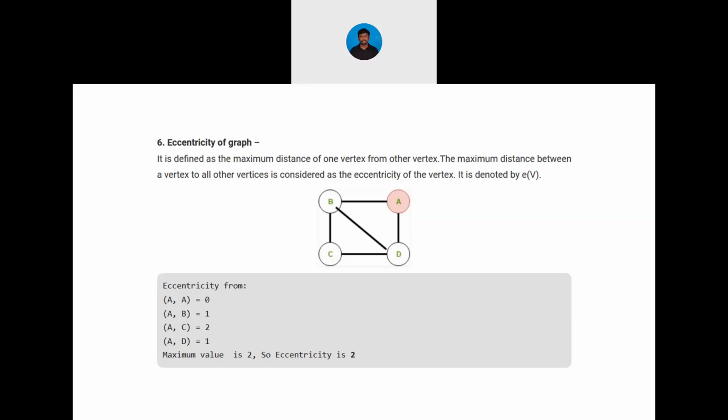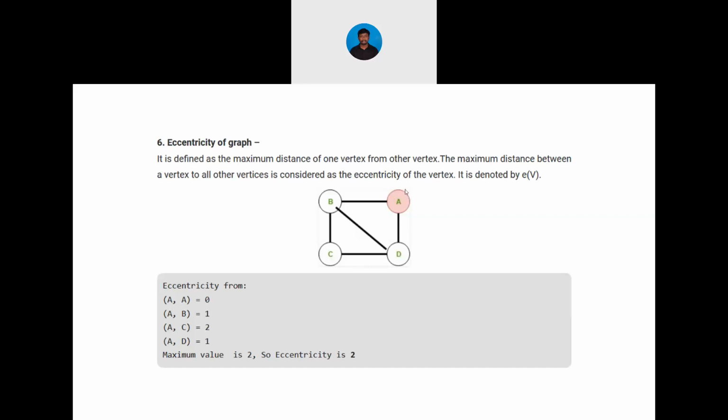So how to calculate the eccentricity of a graph? It is defined as the maximum distance of one vertex from another vertex. The maximum distance between a vertex to all other vertices is considered as the eccentricity of the vertex. It is denoted by E of B. So here, considering this A, B, C, D network or graph, we find the eccentricity. So the eccentricity from A, comma A, is nothing but,